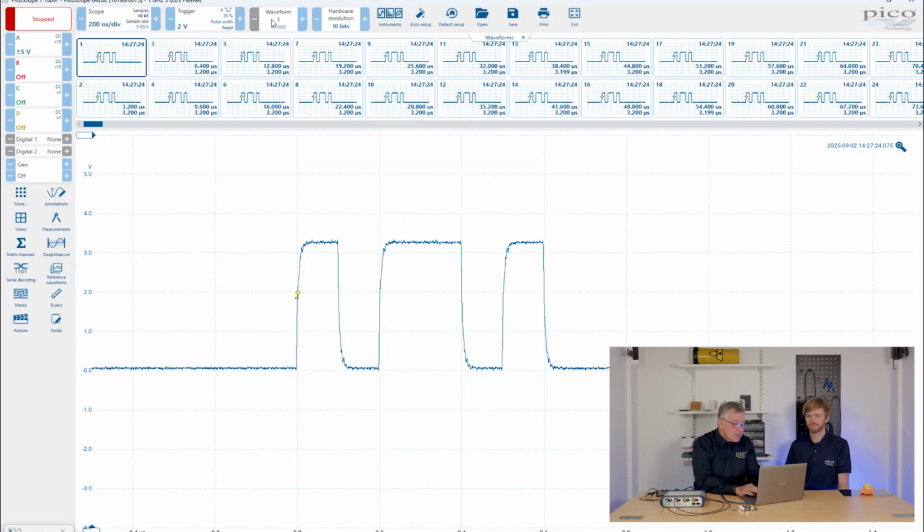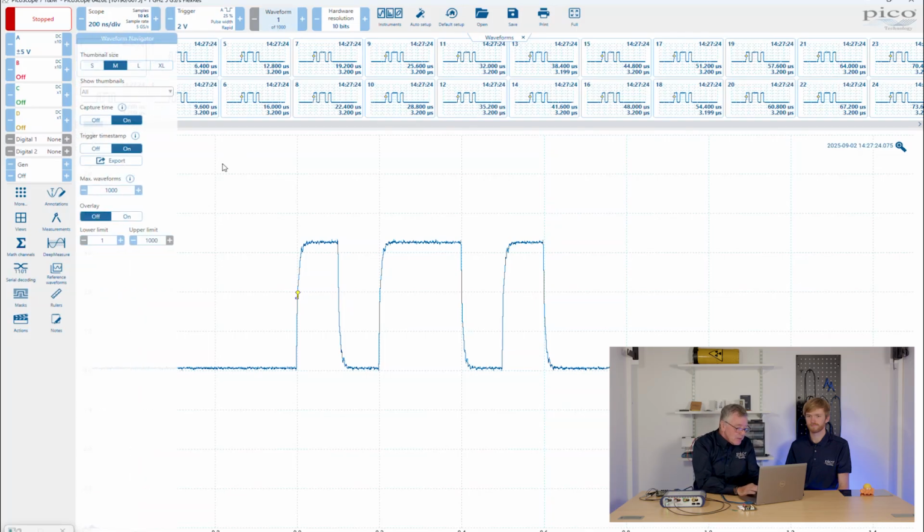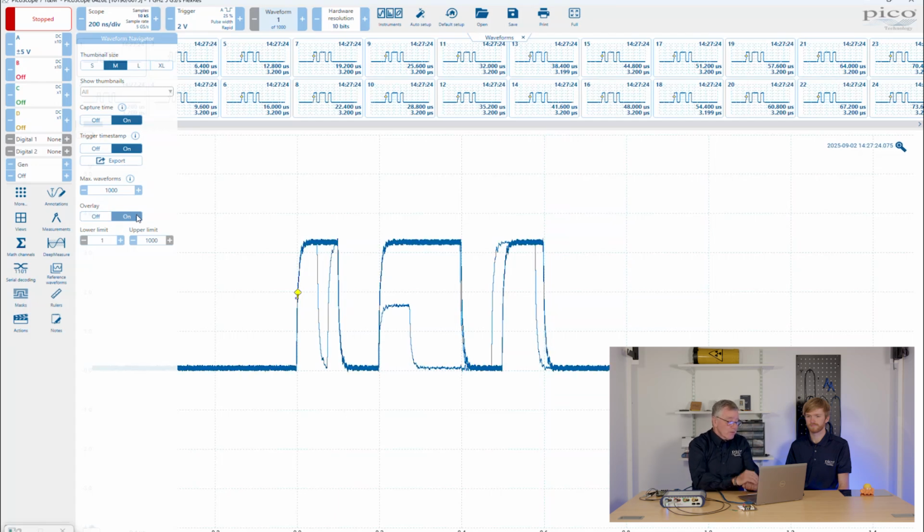Then if we go to the Waveform Navigator control, you can see that there's a new control here labelled overlay. It's currently turned off. If I turn it to on, it will then overlay all of those waveforms that we just captured, and any glitches that occurred in amongst those 1,000 waveforms, they show up as overlaid individual waveforms. So you can then go through, find the individual waveforms where the glitch occurred, correlate that with other activity in your system to see what the cause and effect, well, we've seen the effect, but to see what the cause